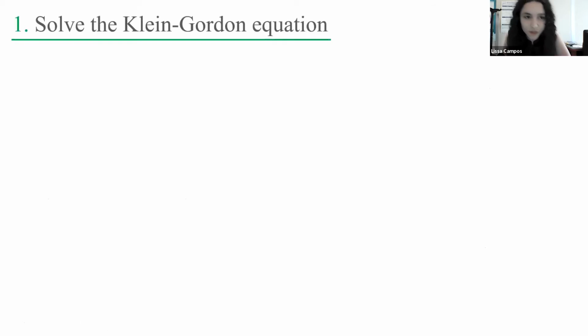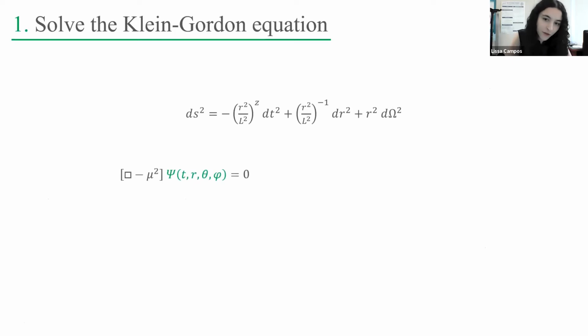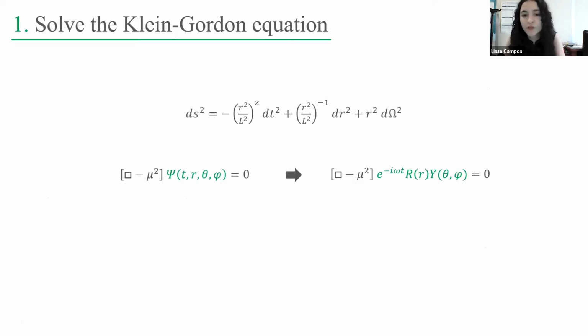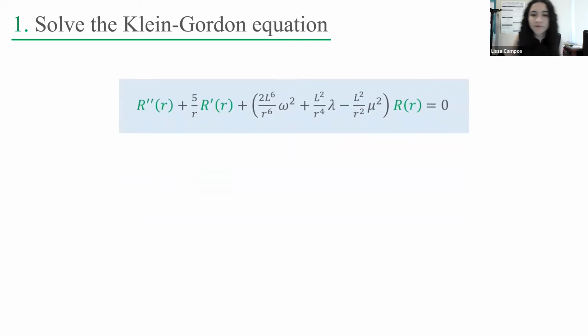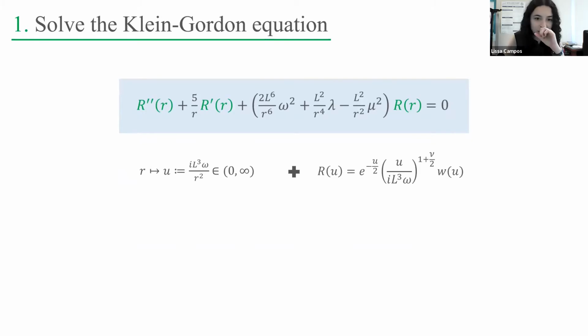So first, solve the Klein-Gordon equation. If we take the Klein-Gordon equation on the 4-dimensional Lifshitz spacetime with critical exponent 2, we can do a mode decomposition because it's a static spacetime and the sections of constant time and radius are actually flat. So here y is just the harmonics, the eigenfunctions of the Laplacian operator on R2. We can do this mode decomposition and we are left with a radial equation for the radial function. And this radial equation we can cast as a confluent hypergeometric equation by applying a transformation on the independent variable and another transformation on the dependent variable.